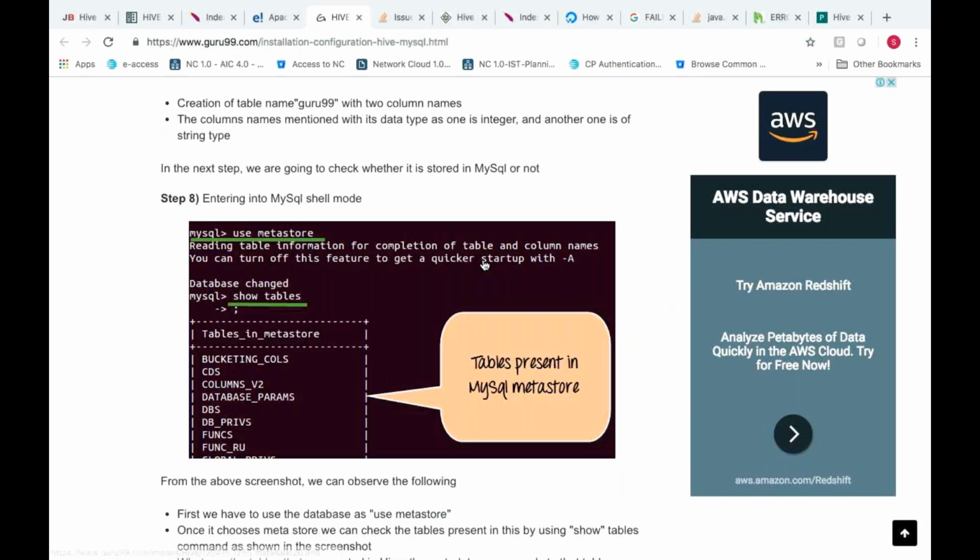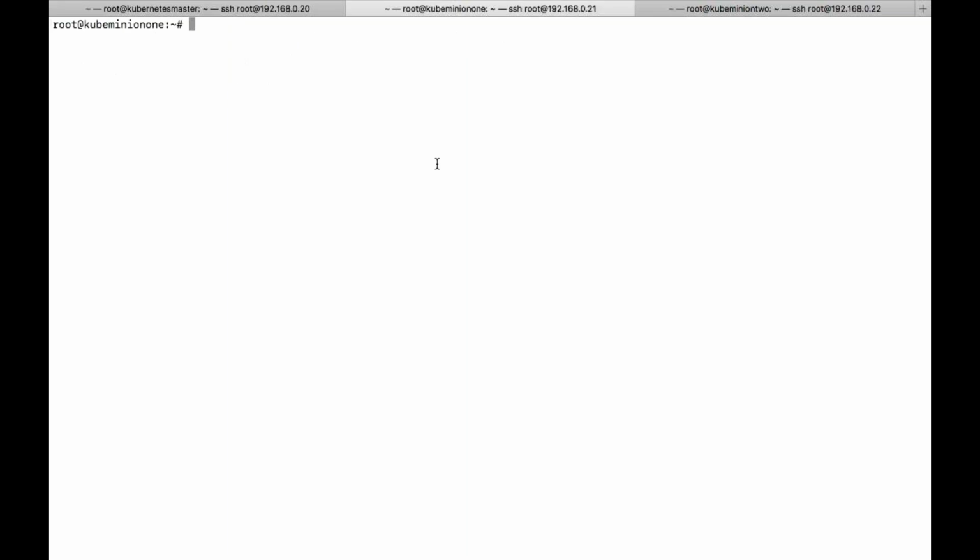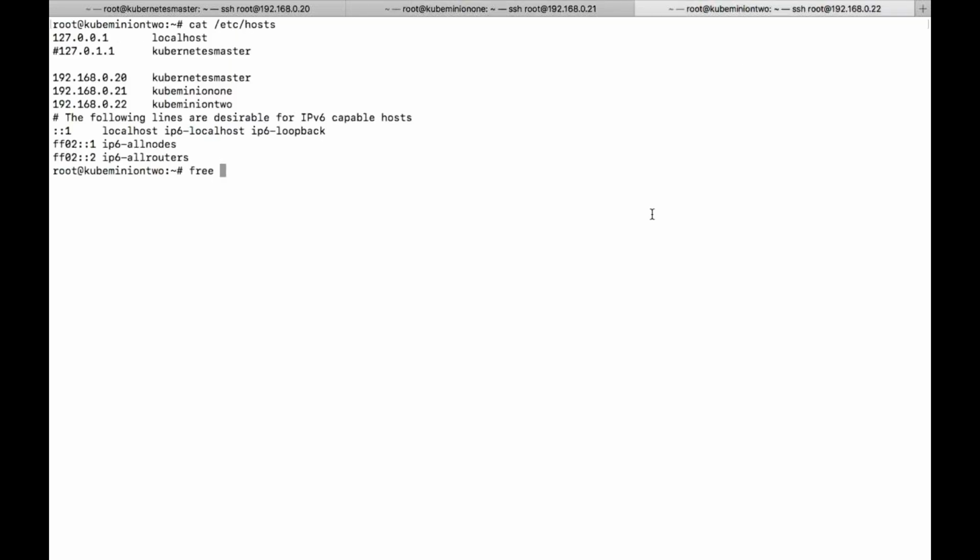So how will you disable it? First, I need to disable it temporarily. For that, I need to use swapoff -a. Here also you can see this node is also having it, so swapoff -a.